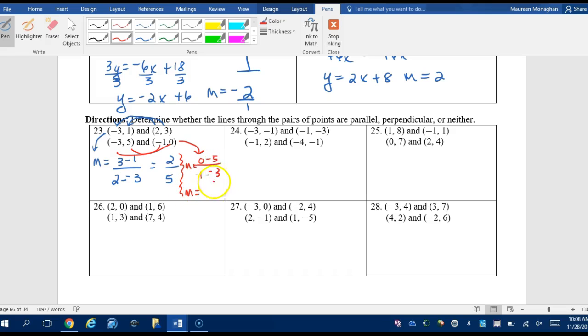So the slope is negative 5 over 2. Ooh, this slope is 2/5. This slope is negative 5/2. What does that tell you? That tells you they are perpendicular. So this is nothing new you're learning here. Nothing new. So find the slope of this one, find the slope of this one, and then if they're the same, parallel is same slope,